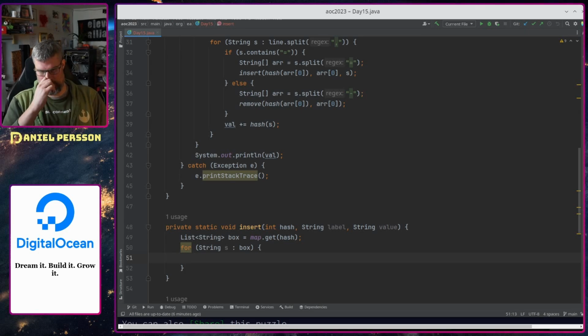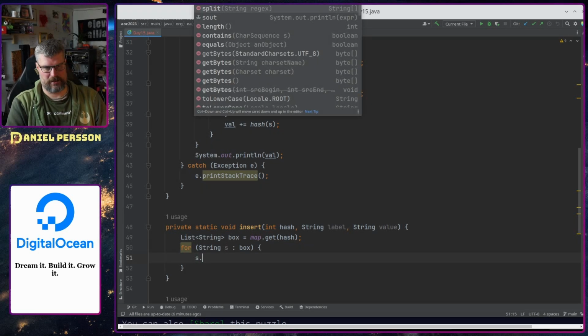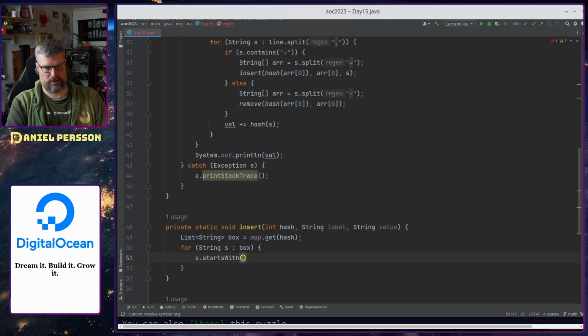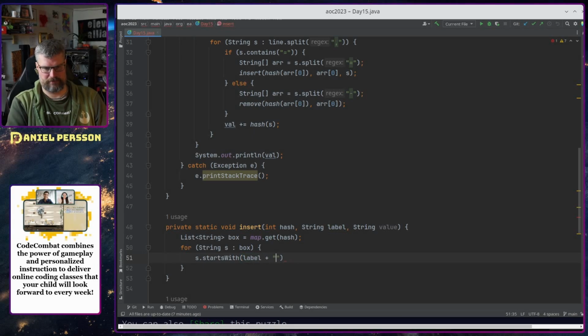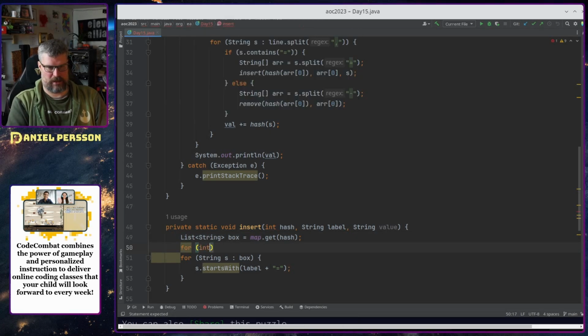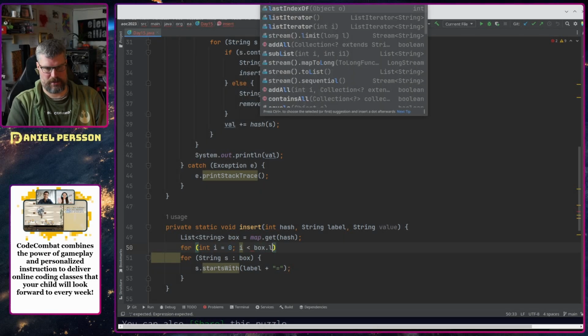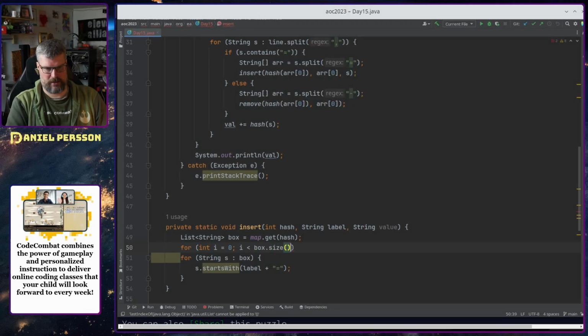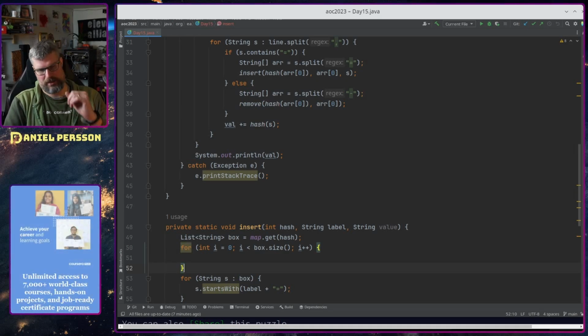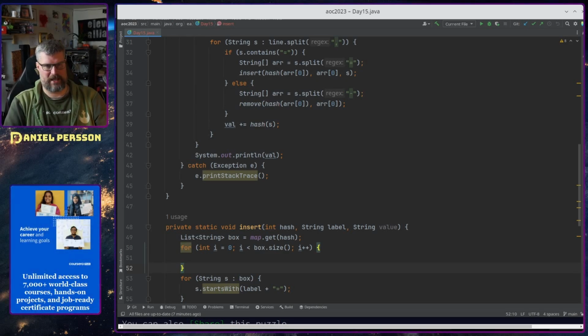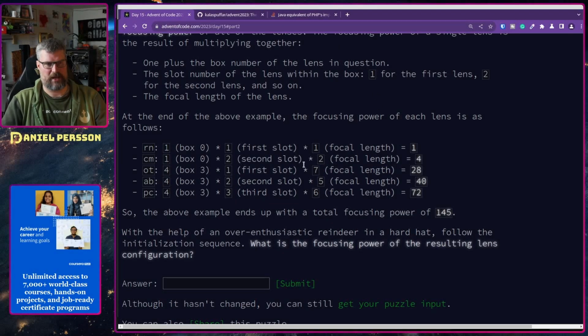So in here we go through the box, and if S starts with label plus an equal sign, no, we do a for loop with index, box length, size plus plus, because we want to be able to replace it. So did we replace it in place, or